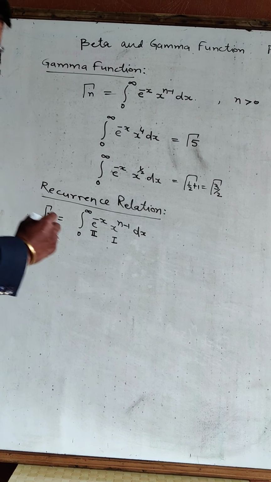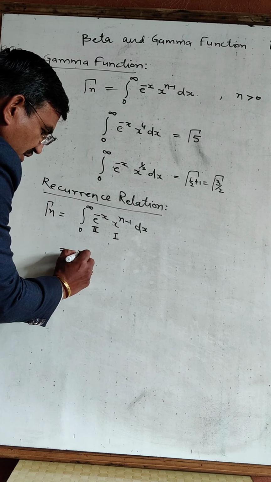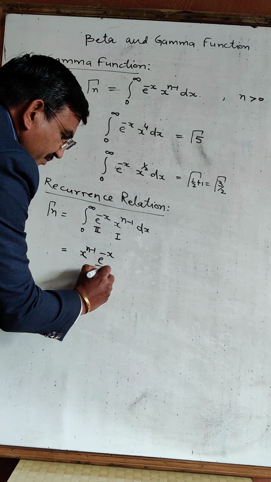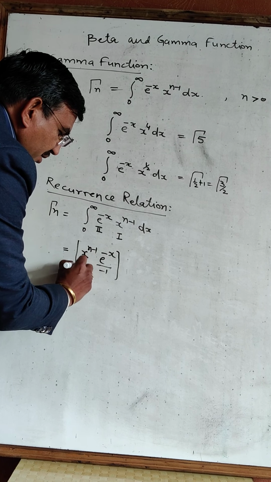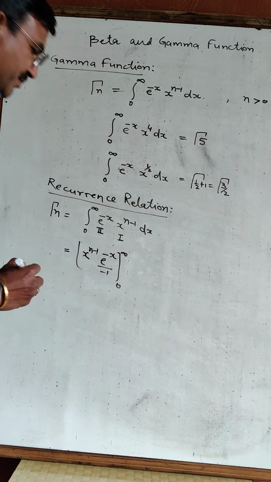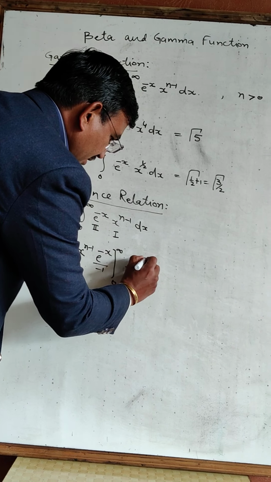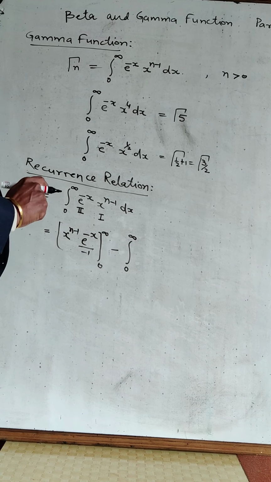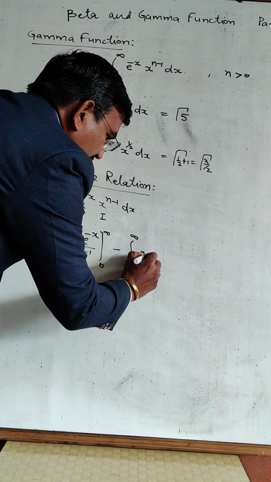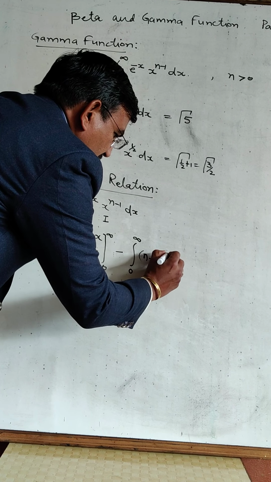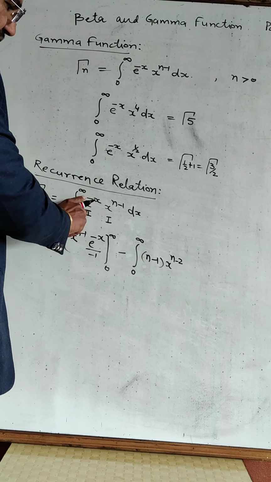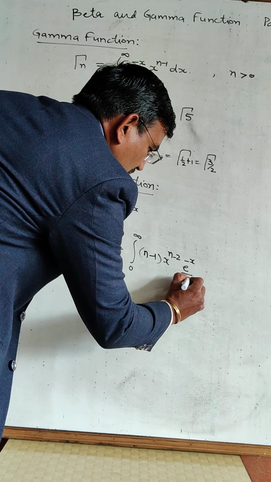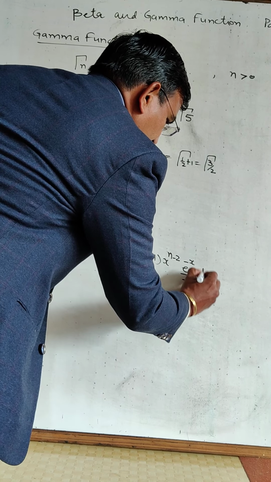Now if we integrate this definite integral by parts, taking the algebraic part as first function and the exponential function as second function, its integration would be first function as it is, integration of second, with the limits 0 to infinity, minus the limits 0 to infinity, derivative of first part, and it would be n minus 1 x raised to the power n minus 2, integration of second part, it would be again e raised to the power minus x over minus 1 dx.